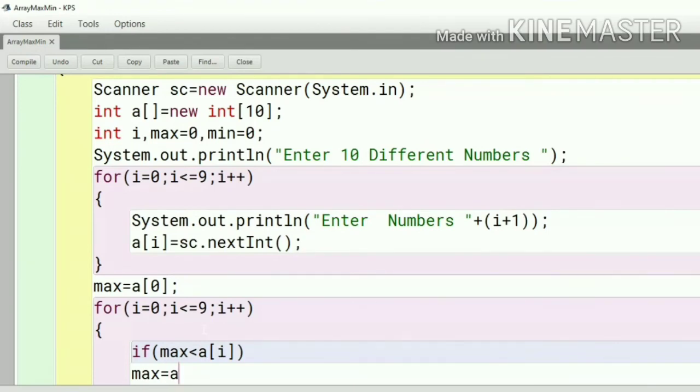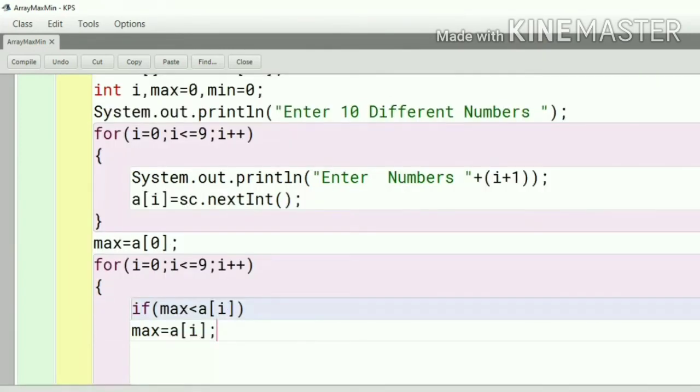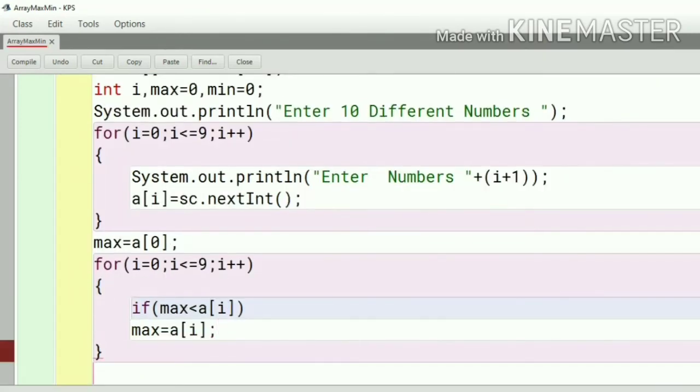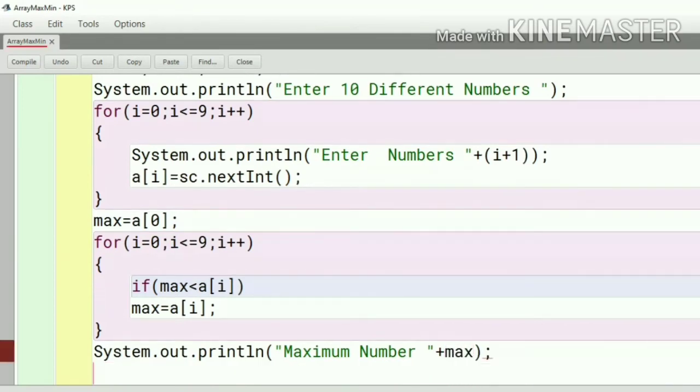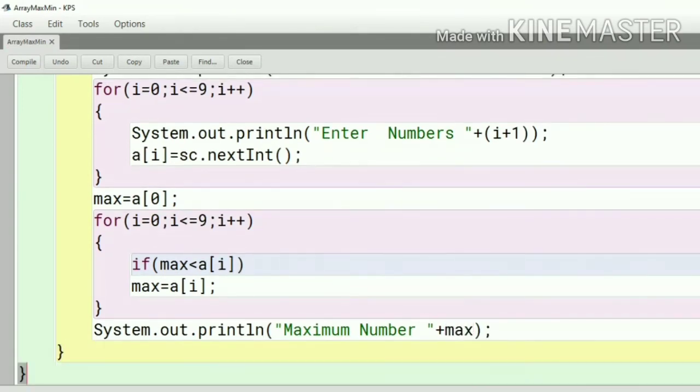So here we will write array i, it will replace the value, and here we will give the message maximum number, that will store in the variable max, and close for public, close for class.